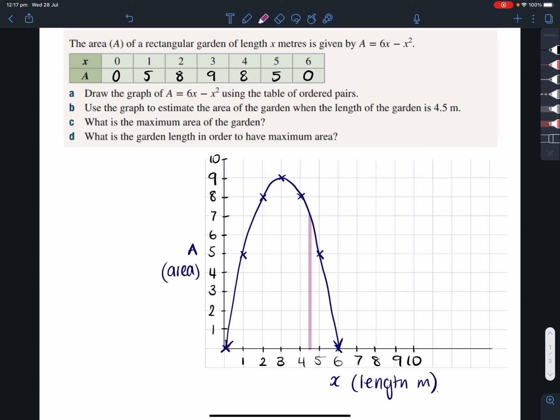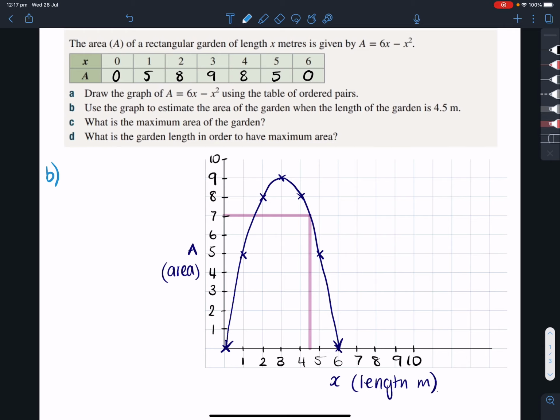I don't really love my parabola here, but according to my graph, the area would be 7. Now, I don't actually think... Let me just check something very quickly because my parabola is a bit lopsided. Yeah, that's fine. Okay. Now, what I was checking is I just wanted to check it in the calculator to